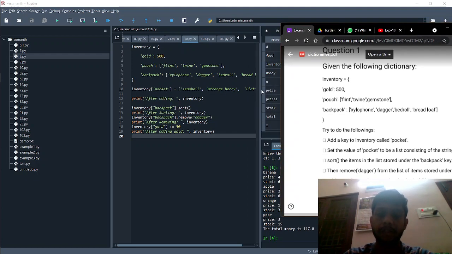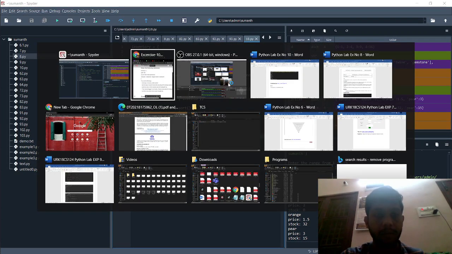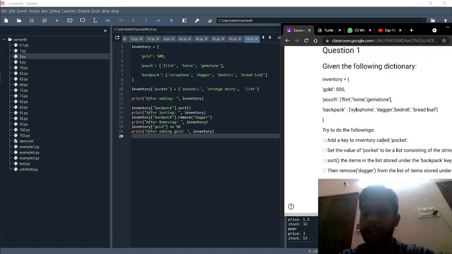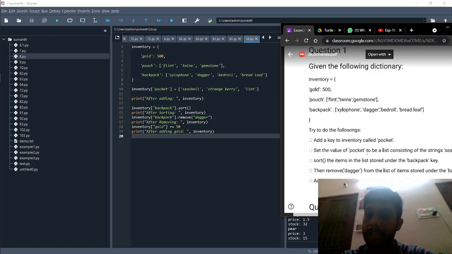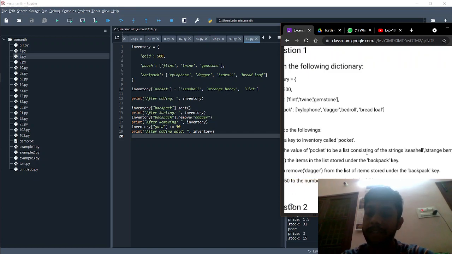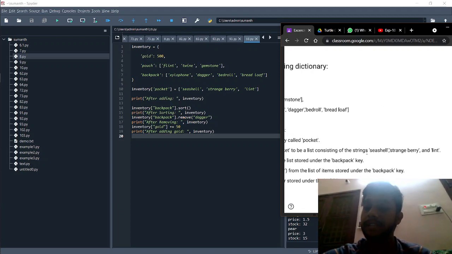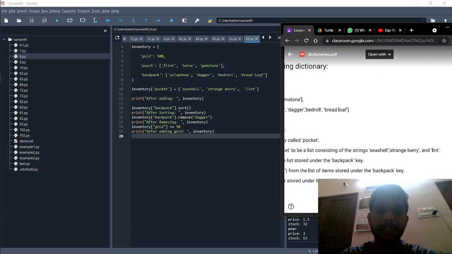I've kept the inventory: gold, pouch and backpack. Now it is asking to add a key to the inventory called pocket. So inventory of pocket is equal to, we have added, and it is asked to set the value of pocket to be a list consisting of the strings seashells, strange berry and lint. So inventory of pocket is equal to seashells, strange berry and lint.